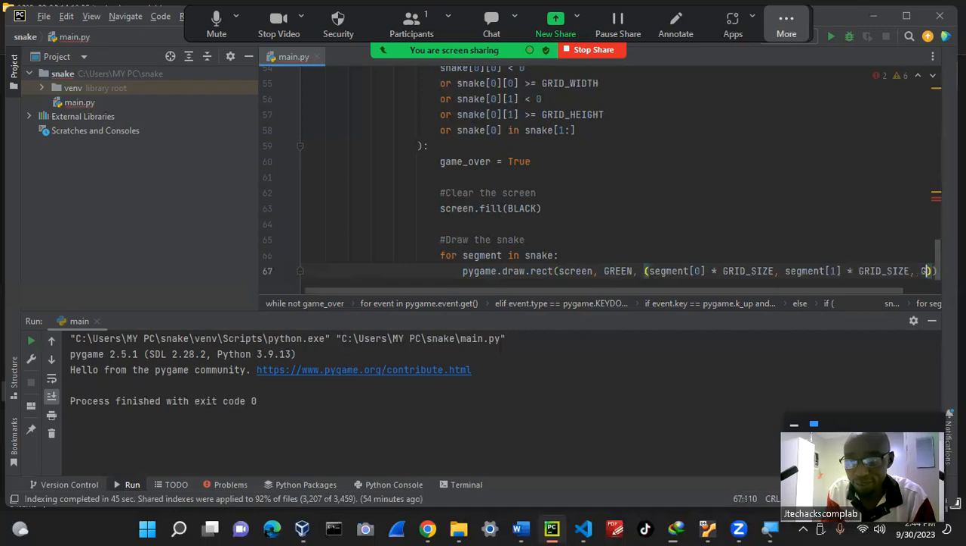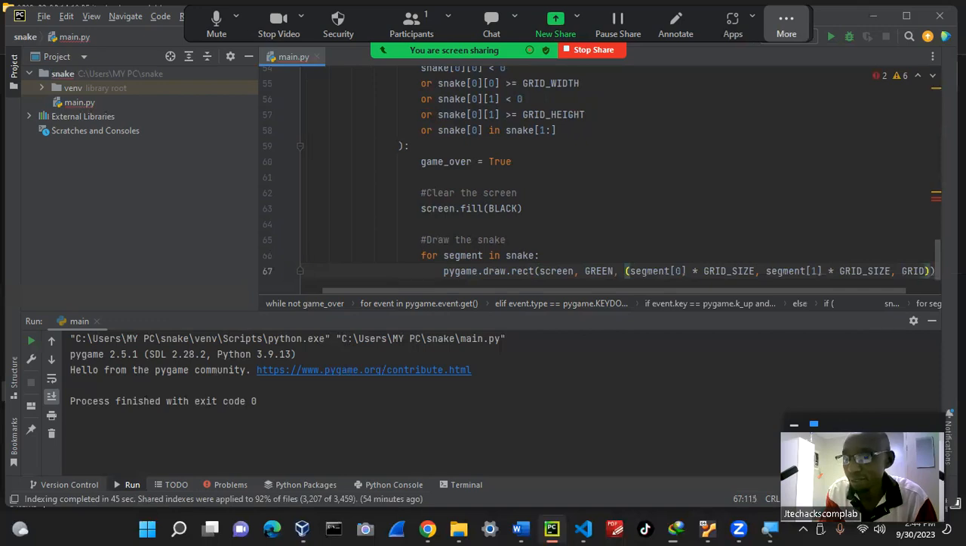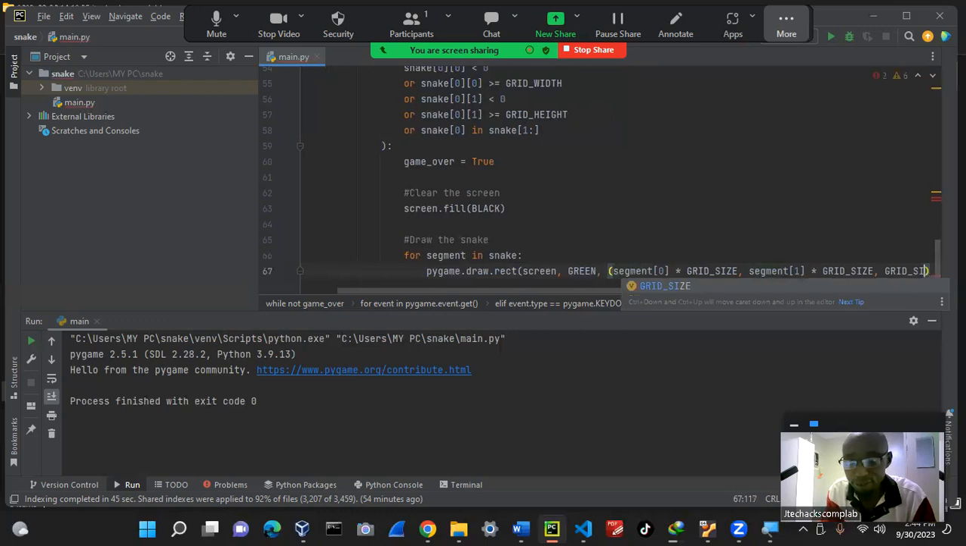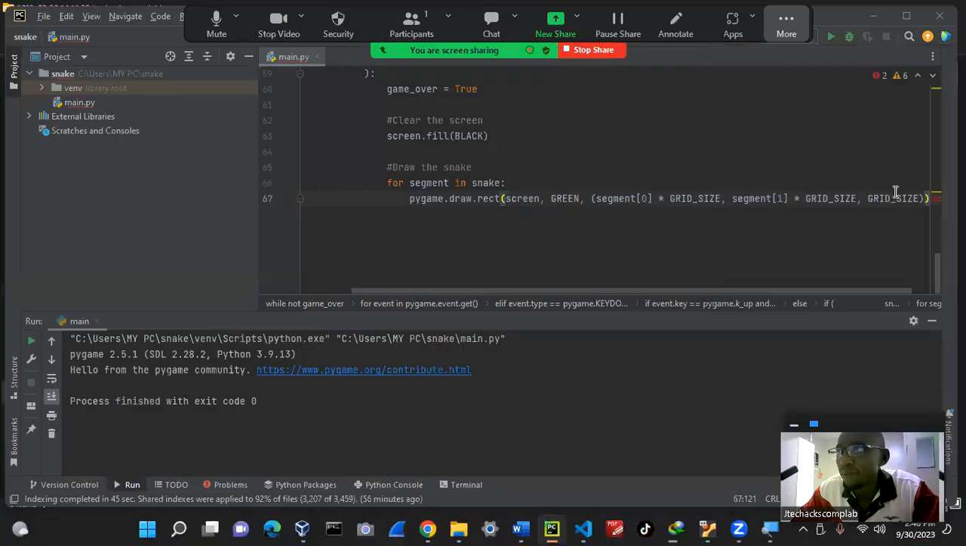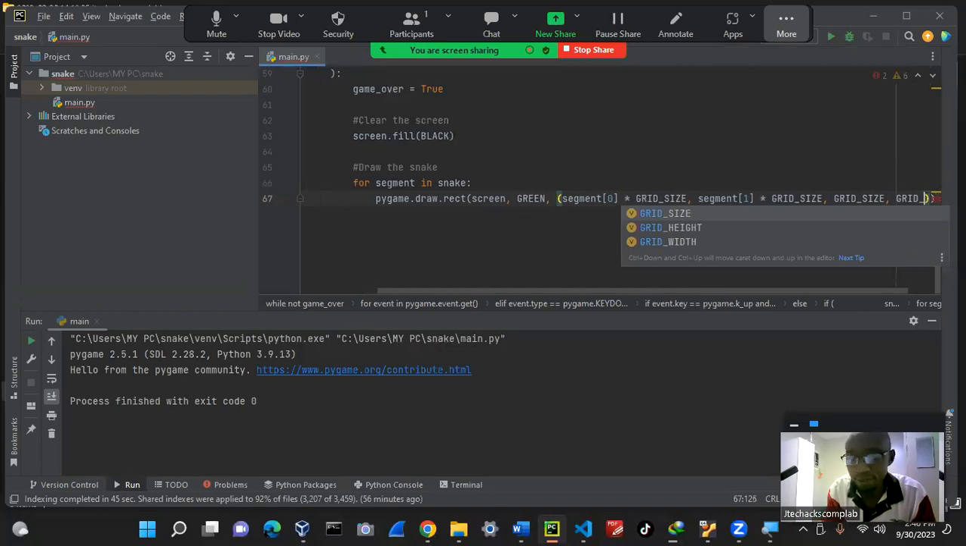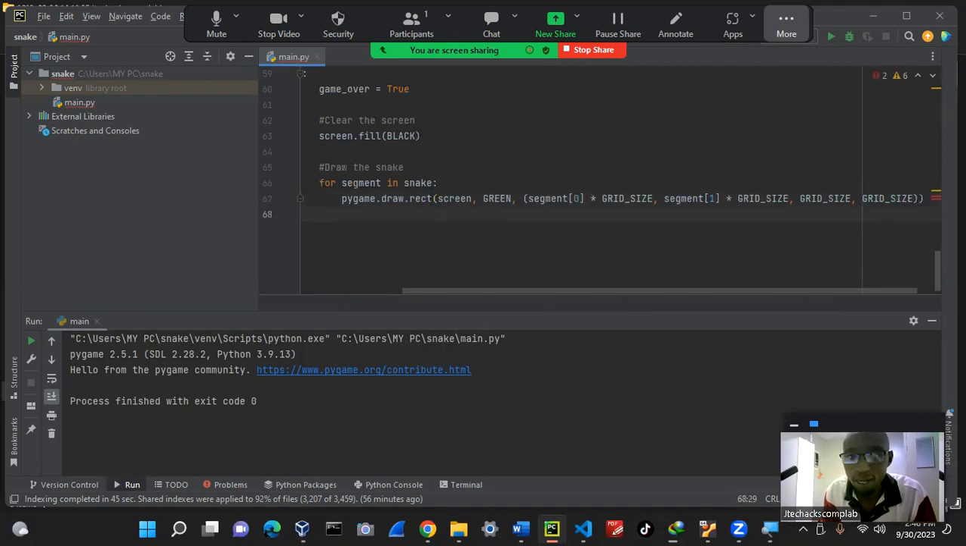And then we want to say grid_grid_size. The grid_size. Grid_size. Grid again, _size. Grid_size. And from there, we need to